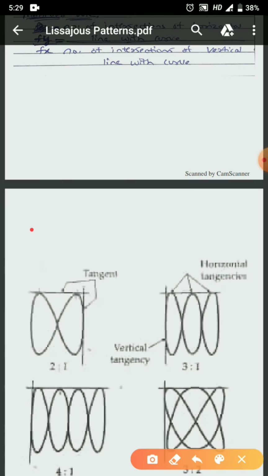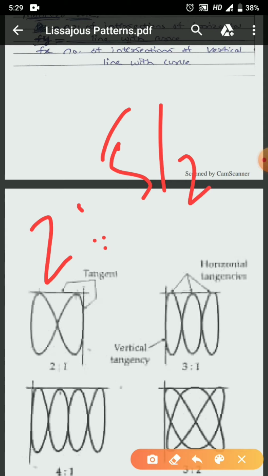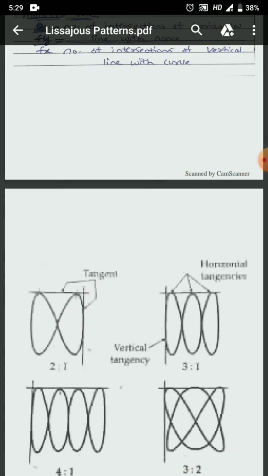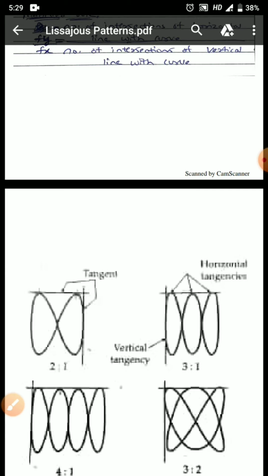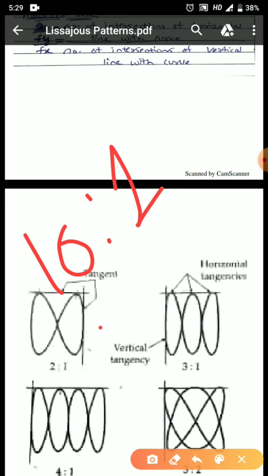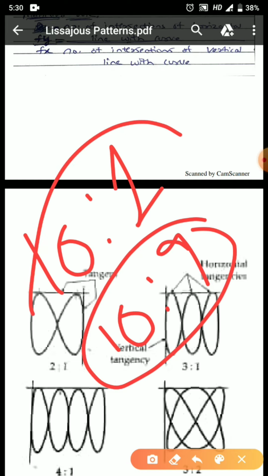The second restriction that I have to keep in mind is that the ratio should not be such as to make the pattern too complicated. If the pattern that is formed is too complicated, I cannot find out what will be the ratio, whether it is 5/2 or what is the ratio. So this is the second restriction when we are going for the measurement of frequency. Now we can see here that the ratios can be as high as 10:1 and it can be as low as 10:9. So in this ratio I can easily make measurements for any unknown signal based on a known signal's